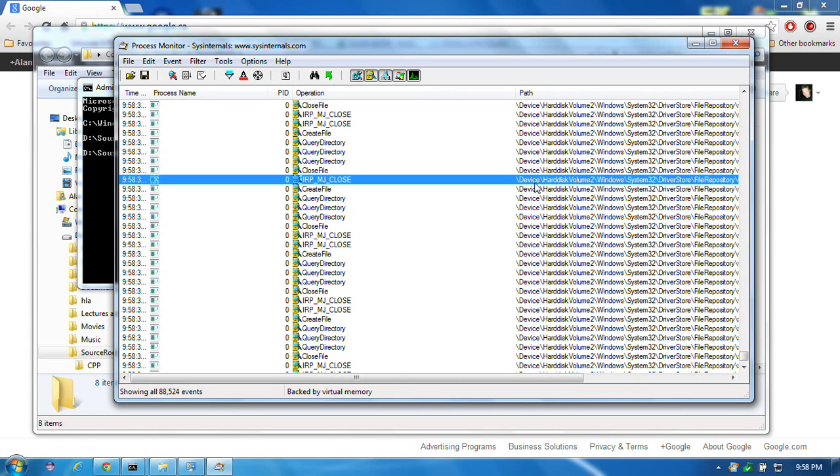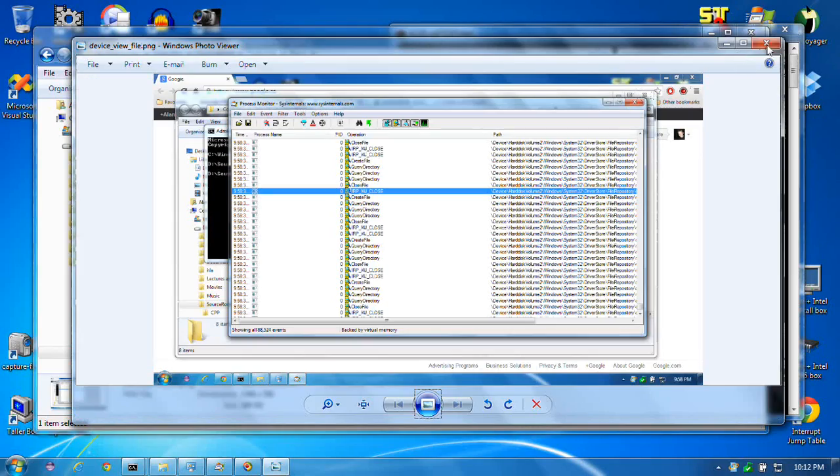Okay. Now, device hard disk volume 2, that should resolve to C:, because 0 is A, and 1 is B, and 2 is C. Okay? And it goes up to Z. Well, in theory, this could go up to any number, but in terms of those things, not. Now, this wasn't showing me the process name, so I restarted the thing,